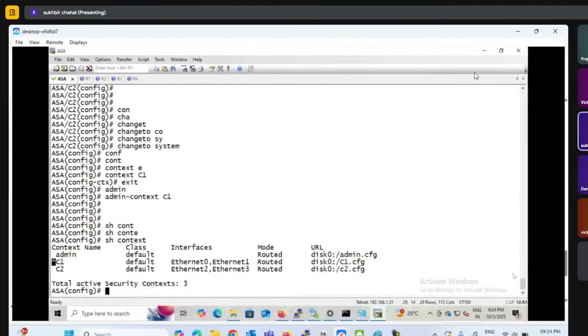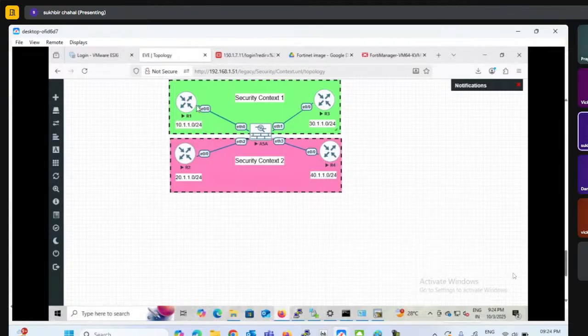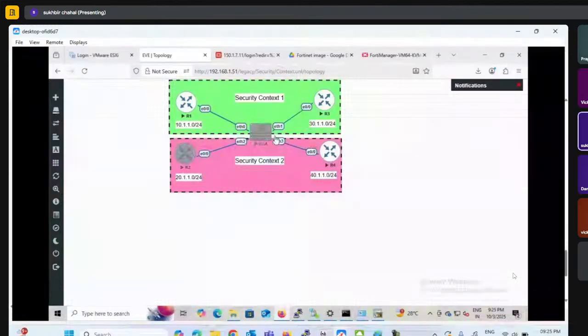Right now I'm using separate routers. Maybe in the next class I will show you more about that. I'm trying to configure some policies or ACL, just to show the configuration related to the separate context, right? So I'm trying to configure traffic inspection for one protocol and here traffic inspection for